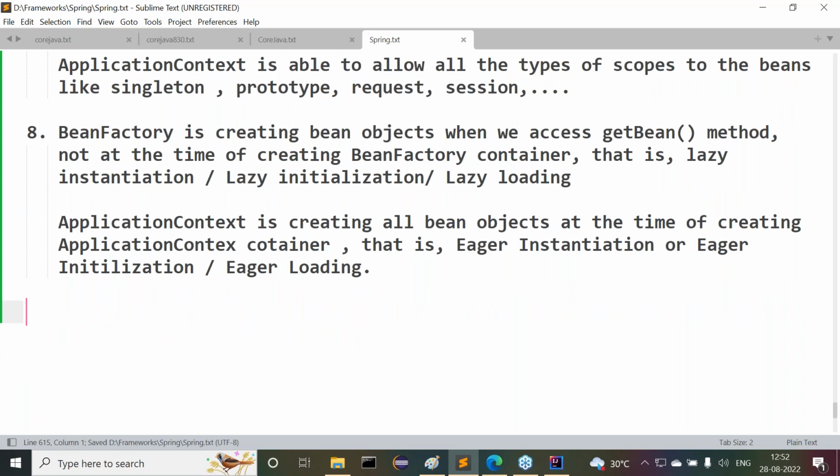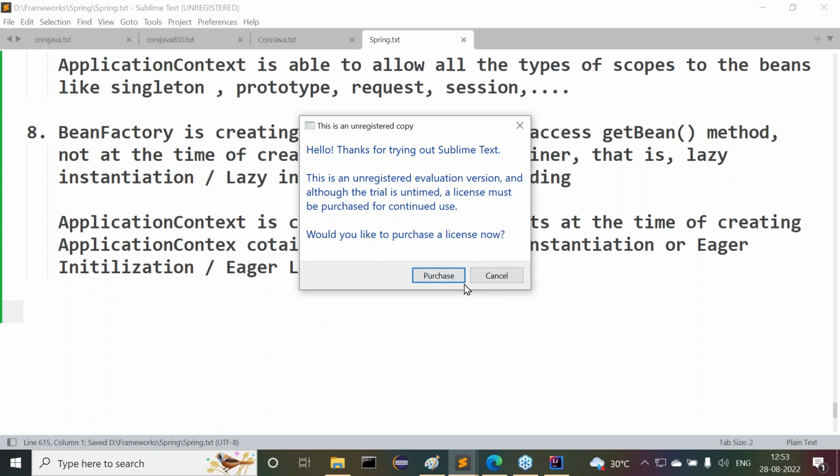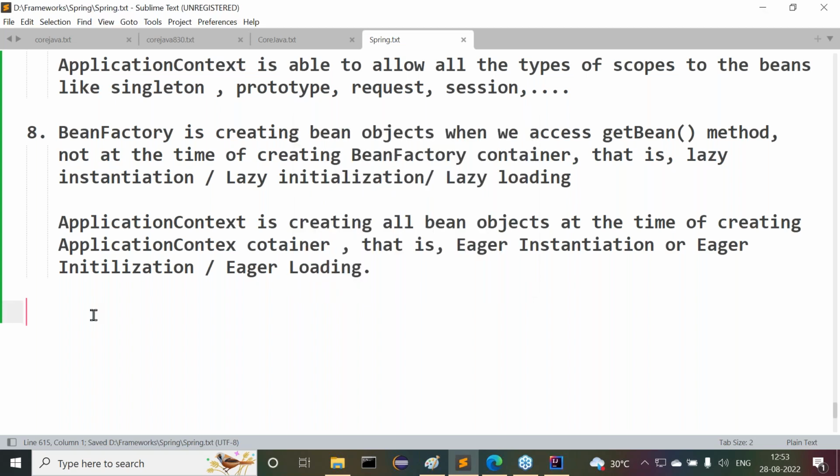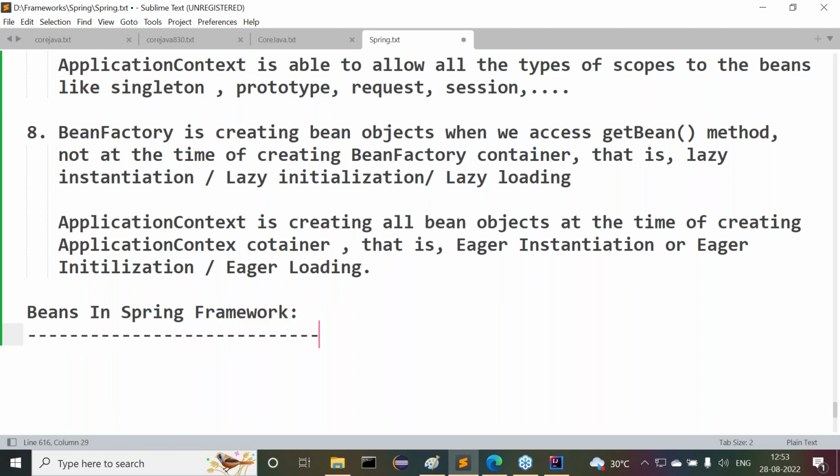So this is exactly the meaning of the IOC container, not more than that. This is the total topic of the IOC container. That's okay, guys. The next topic will be beans in the Spring framework. But before that,